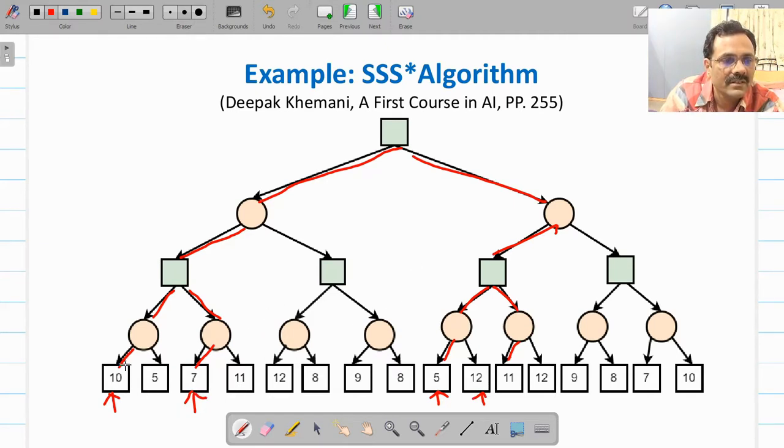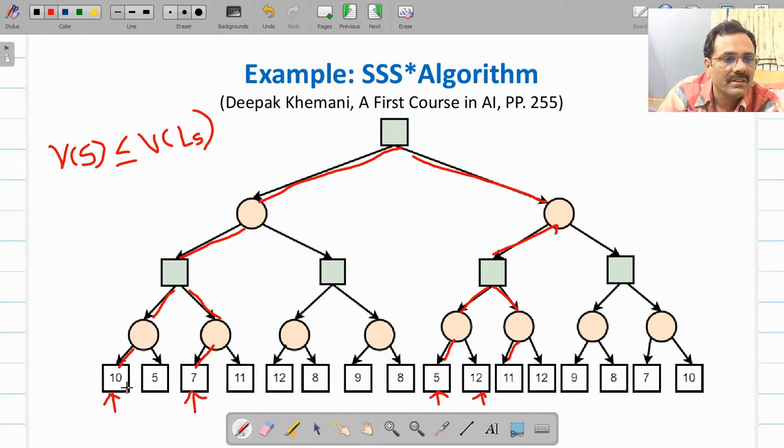Each node is representing 2 clusters. This 10 is representing 2 clusters, so that will form an upper bound on those 2 clusters. Recall, the value of a strategy is always less than or equal to the value of all the leaves in that strategy.